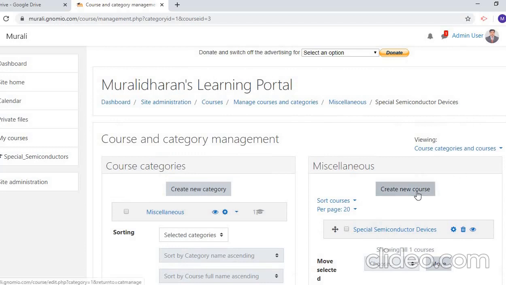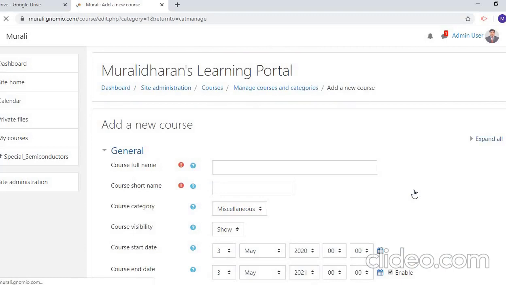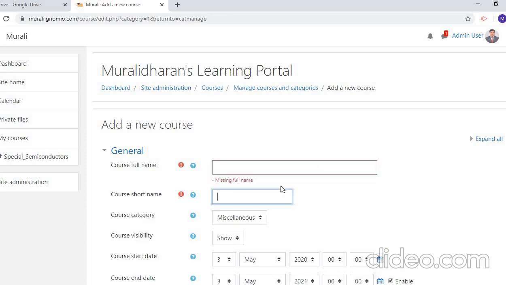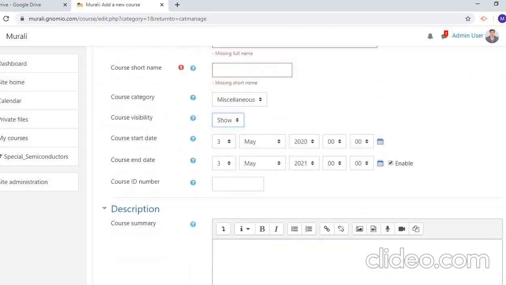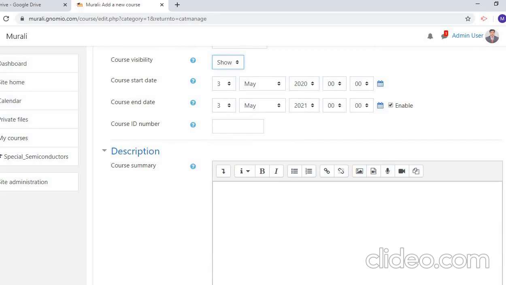If you are creating a new course, go to create a new course. It will be like this. You can give any name for your course, the course start name, and the course category. 2 categories are there, and then course visibility, that is show, and then course start date and course end date.